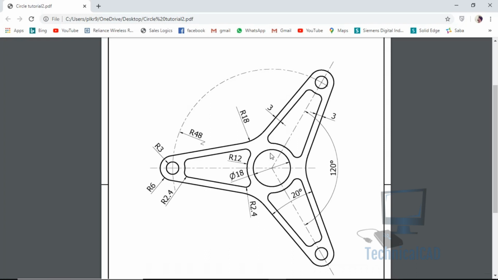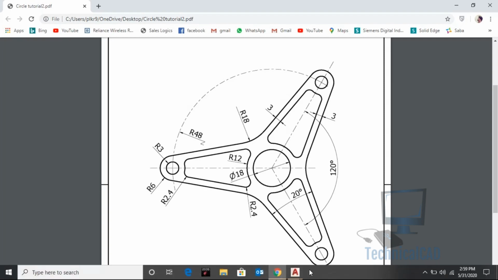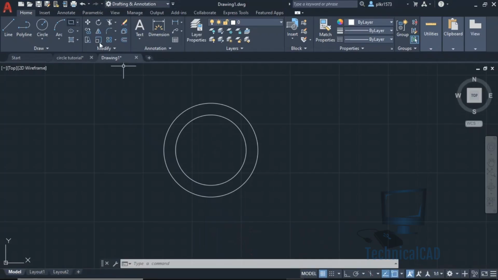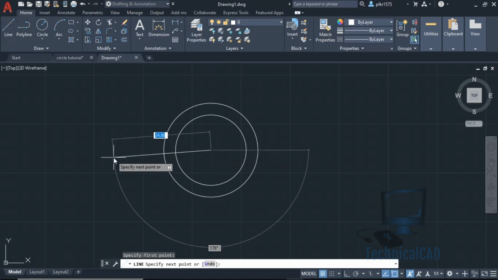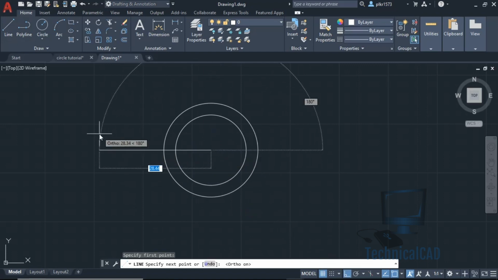Next, from this center point we have to take this center point. They have given a radius of 48, so I will draw a 48 line now. Escape.